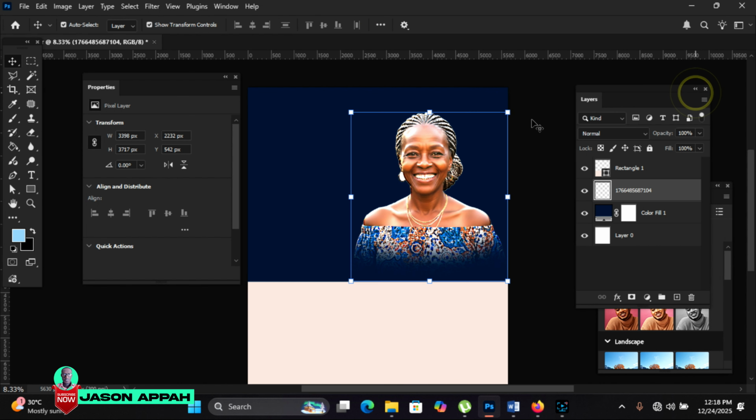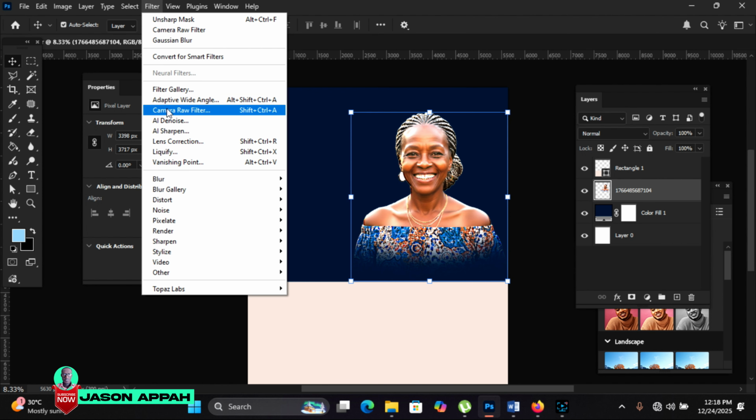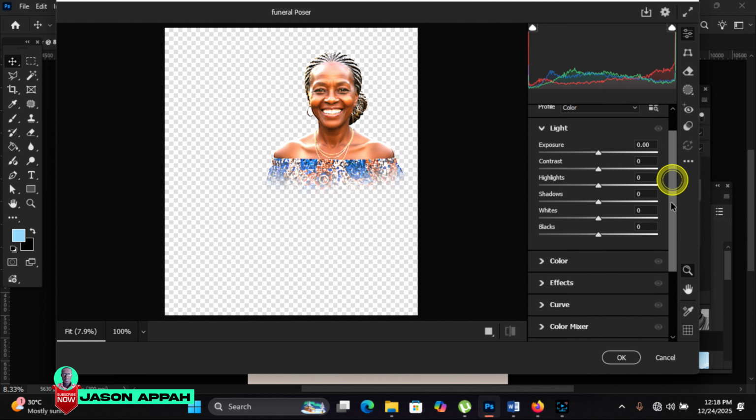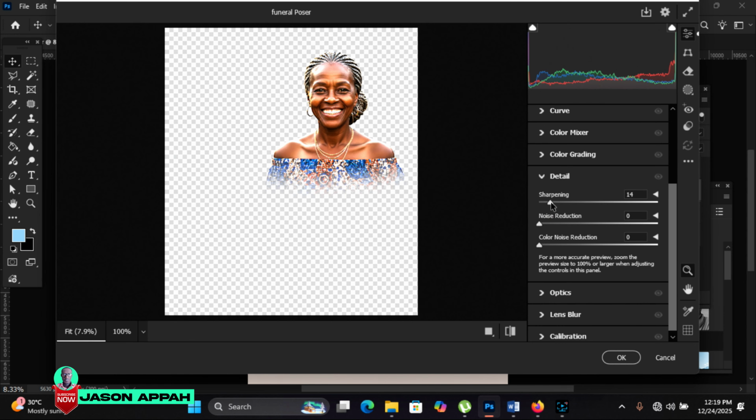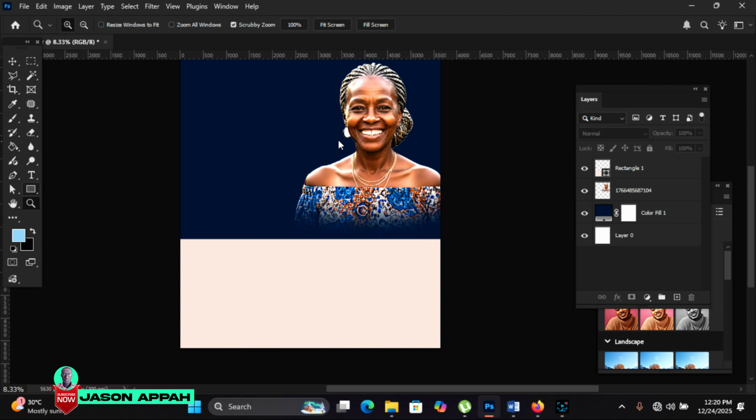It's okay. And then we come to filter, camera raw filter. So let's go straight to effects, texture. Let's give a little texture, and then clarity. So the clarity is 24, texture 38. Then let's click on detail, click on sharpen 13. Then let's click OK. Click on the rectangular tool,